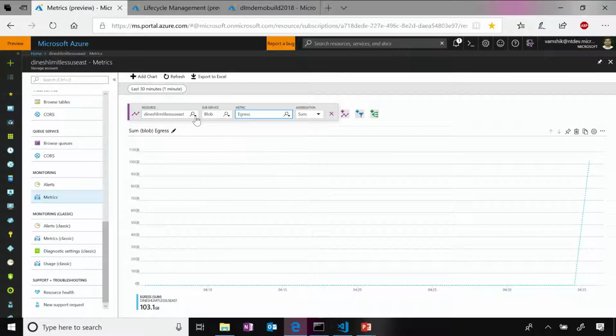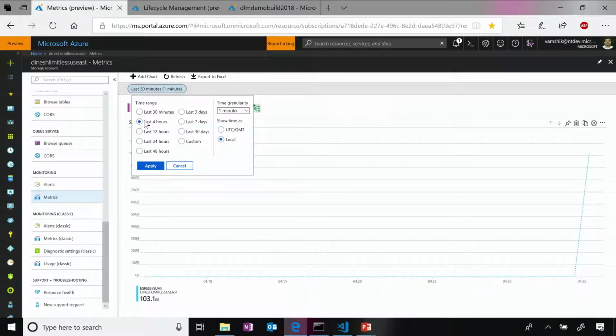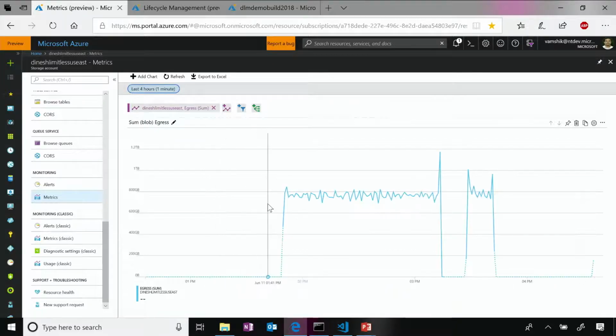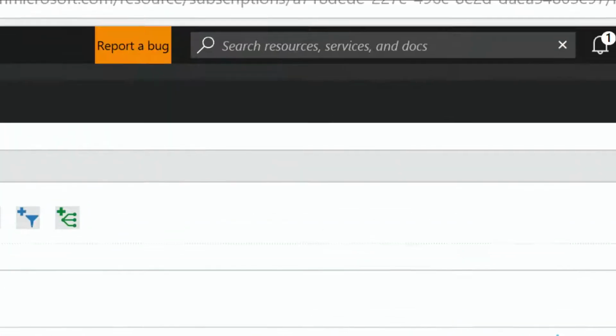Now this is taking a little bit of time to warm up. So what I'm going to do is change this to last 4 hours so I can show you some runs that I ran earlier, that basically ran the same test. And what you see here is that for every minute, I'm downloading something like 800 gigabytes